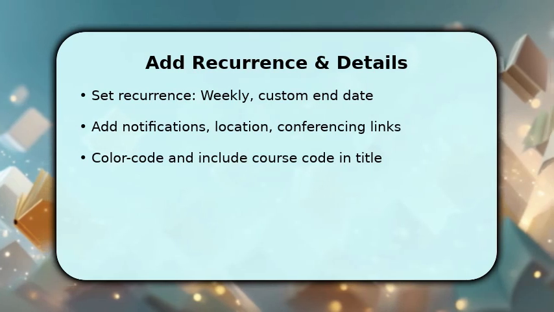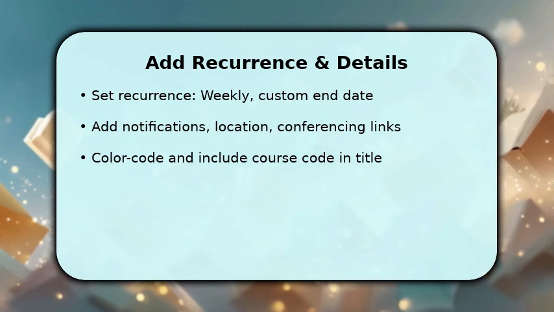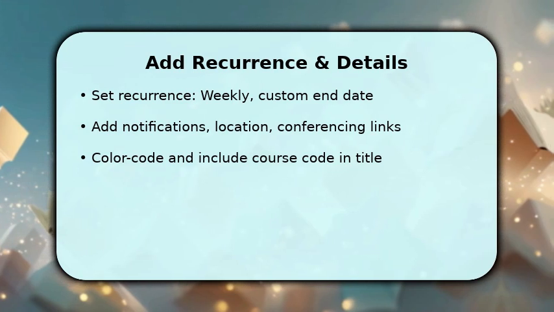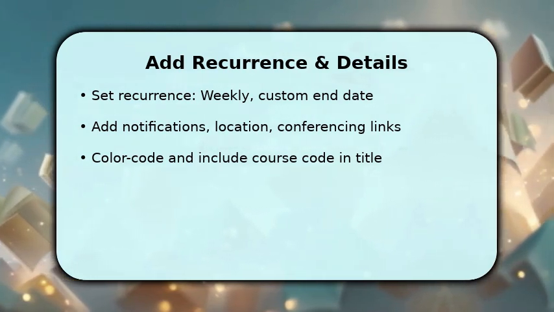Now you handle the middle steps that make the schedule reliable. For recurring classes, use the Does Not Repeat dropdown and pick weekly or custom with an end date. This saves repeated entry. Then add a reminder, email or pop-up 10-30 minutes before, and paste a Zoom link or